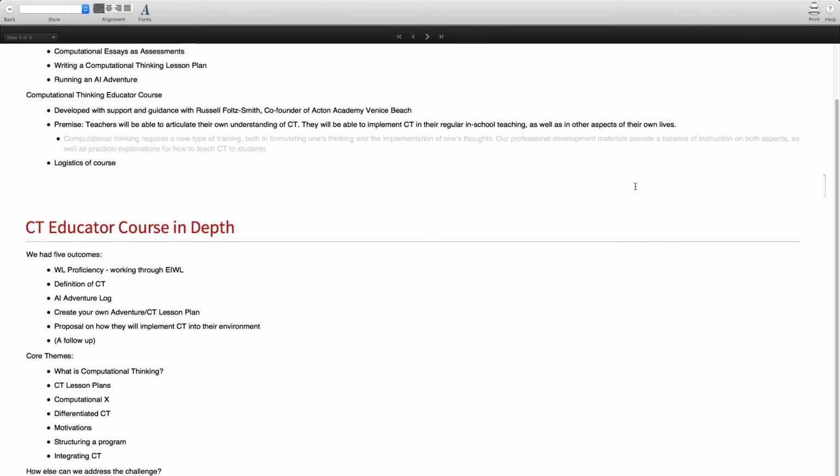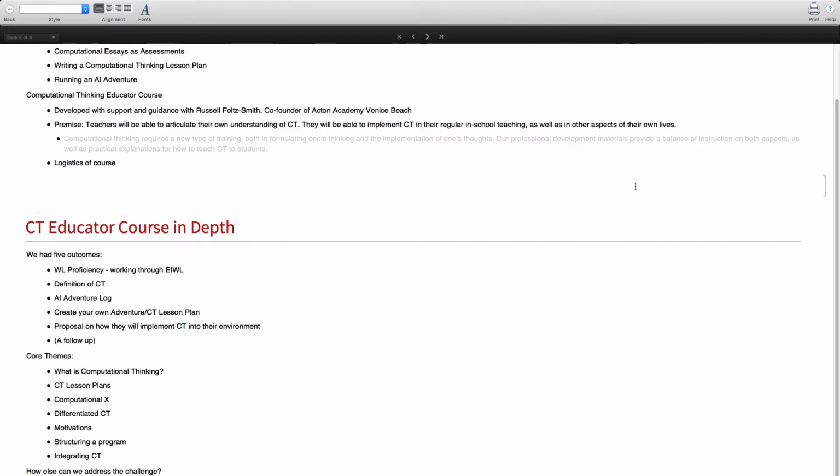Because no one really wants to learn out of a textbook entirely. You know, you want to work off of it, you want to dive into your own path, you want to understand how you can play around with the different complexities of it. The following thing is we had them craft their own definition of computational thinking. For them to be able to understand what this is, to be able to articulate their own definition, and for them to be able to explain this and teach this to their class of students.